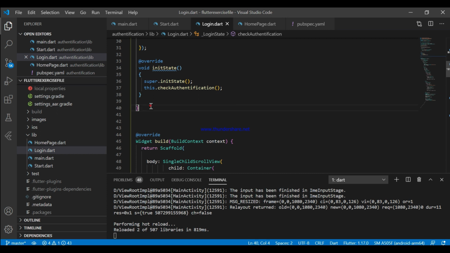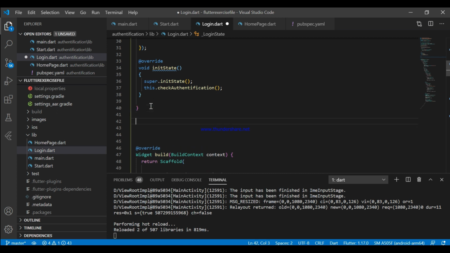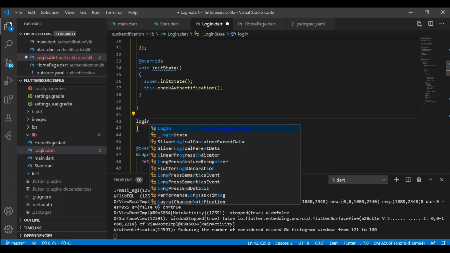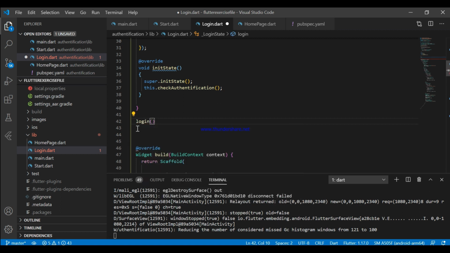Now we'll make the sign in method. It means the user has entered an email and a password of 6 characters, then it will validate the current state of the form. Okay, so first we need to check the validation of the current state of the form. Listen carefully again.